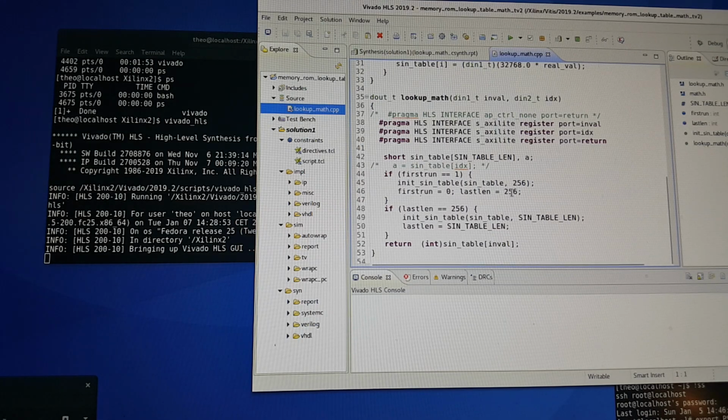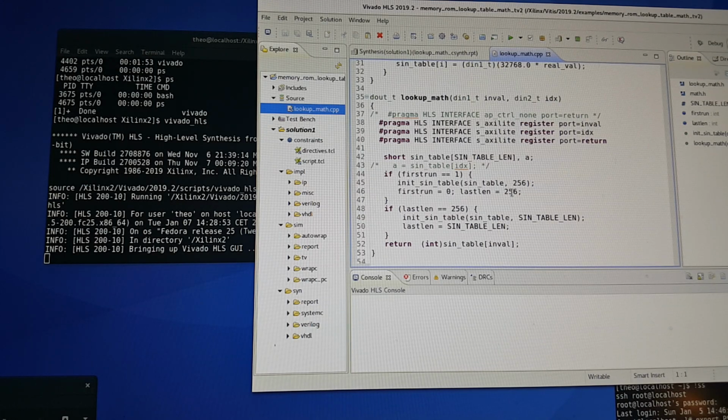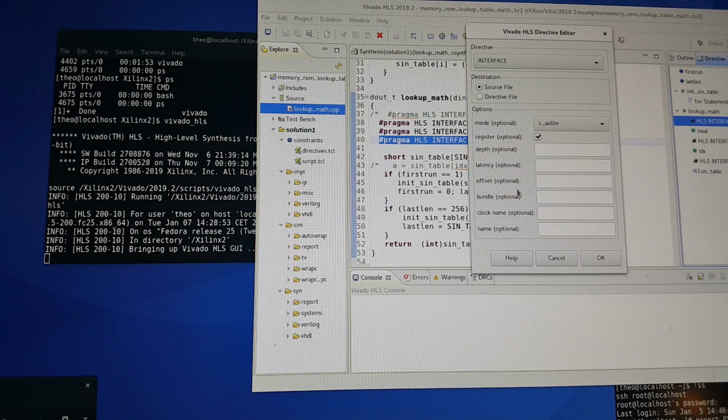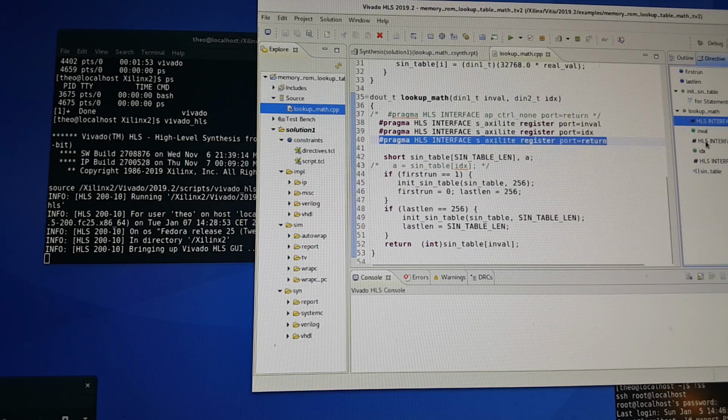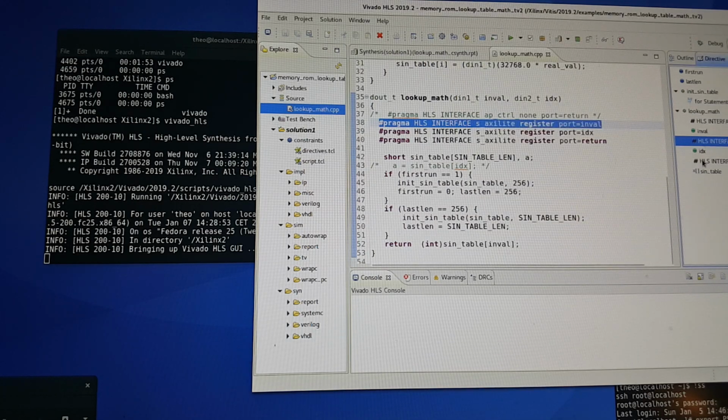The actual function, the lookup math, with two arguments, of which we use only one essentially, as I edited it anyway, is the main function, and here it gets the pragmas to tell it to use an AXI Lite interface with these parameters, 3 parameters, return value and 2 in values. The directives are standard for this case. AXI Lite,